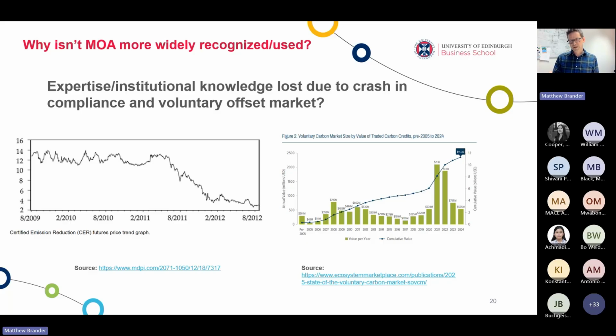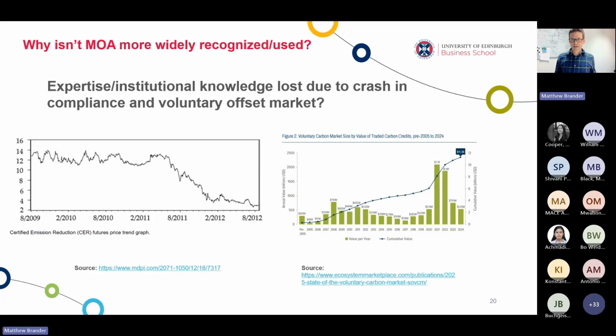But possibly what we've seen is an influx of new practitioners into that market who don't necessarily have the institutional legacy knowledge on methods that were previously in existence. And this is particularly the case for novel removal technologies, which didn't exist in earlier years of the compliance or voluntary offset markets. So new companies, new certification schemes are being established, they're employing new people, and they're saying, how